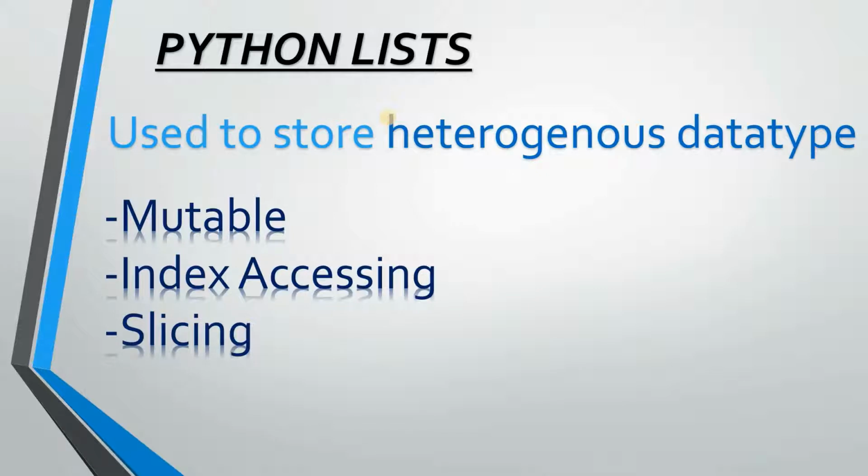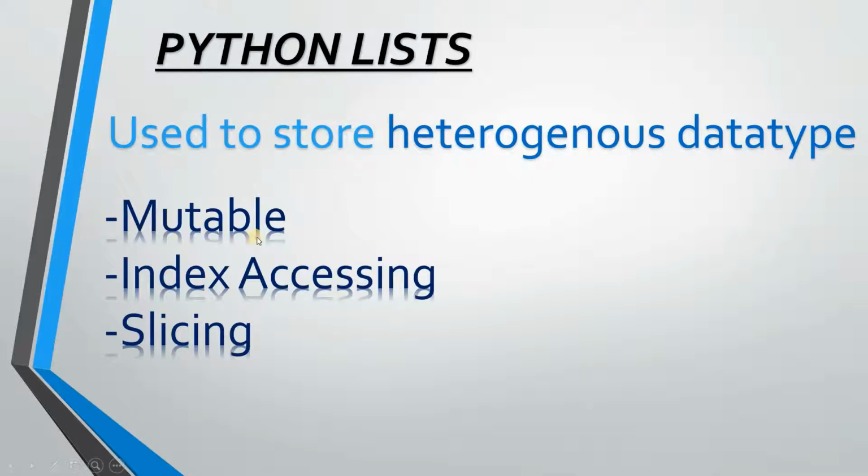Now let us see a brief recap about Python lists, and basically let us do some revision. Python lists are used to store heterogeneous data types. By heterogeneous data type, I mean it is not necessary that they hold similar data types. They can be used to hold different data types. A single list L can hold a string value, an integer value, a float value. It can contain any data type basically. So that is about heterogeneous data types.